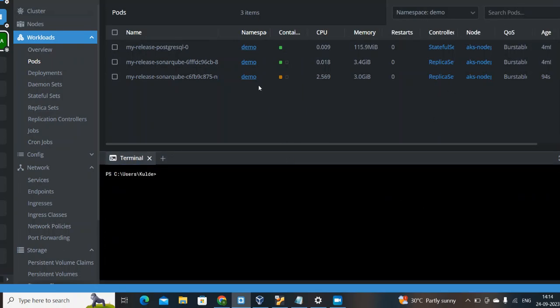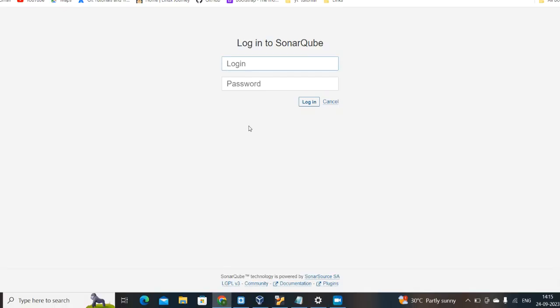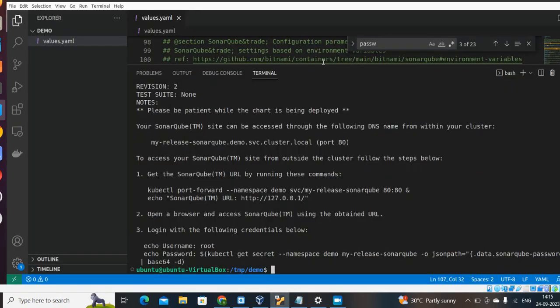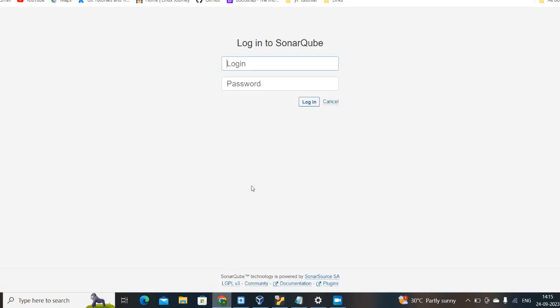Okay, it should get deleted. Let's wait for it. Okay, within 2 minutes it gets deleted. Now you know the user is root and the password is admin@12345. User is root, okay, and admin@12345. When I enter the 5, it's giving the error, and if I run with the 4,